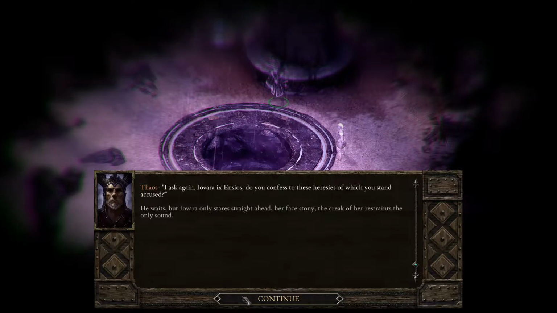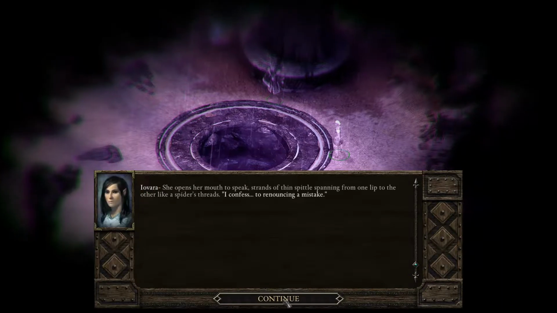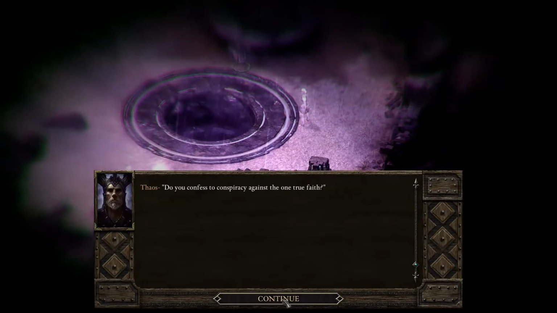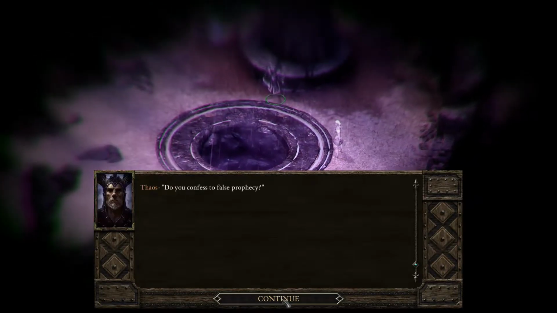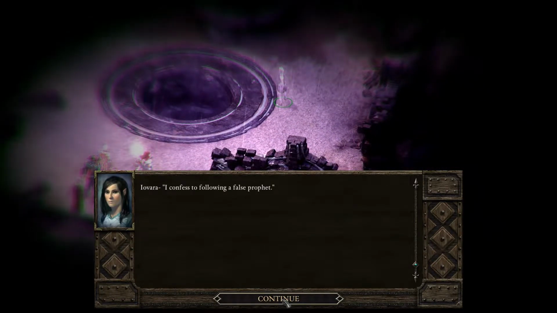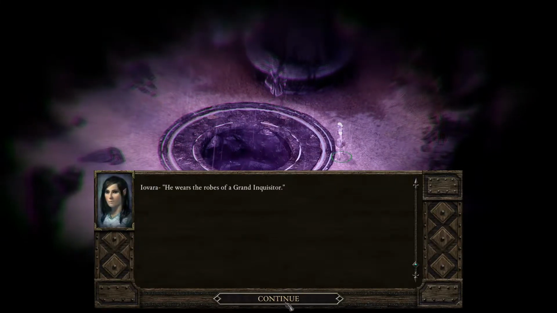I ask again, Jovara Ixensios, do you confess to these heresies of which you stand accused? Do you confess to apostasy? I confess to renouncing a mistake. Do you confess to conspiracy against the one true faith? I confess to opening minds. Do you confess to false prophecy? I confess to following a false prophet. Indeed. And where might we...